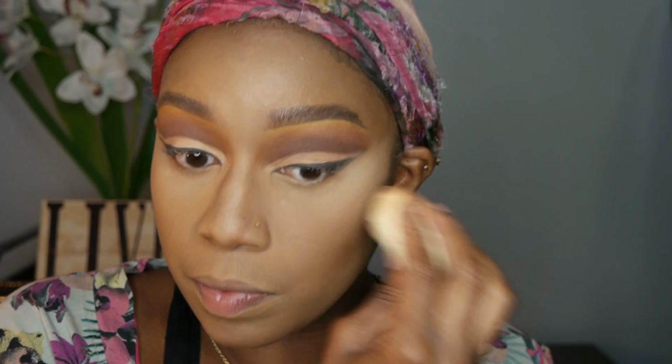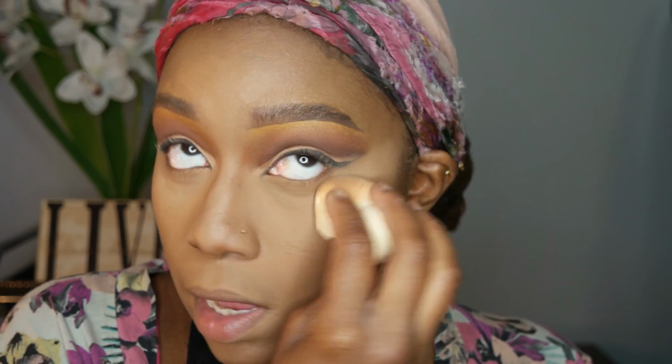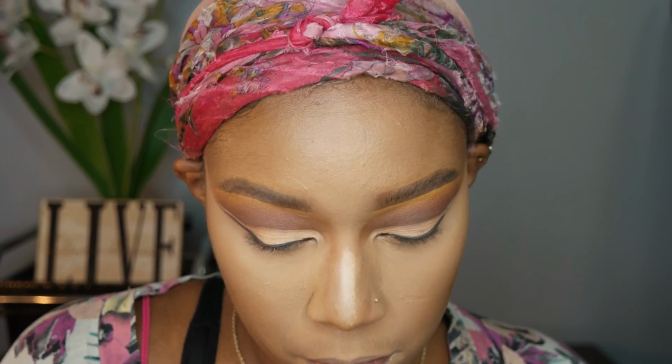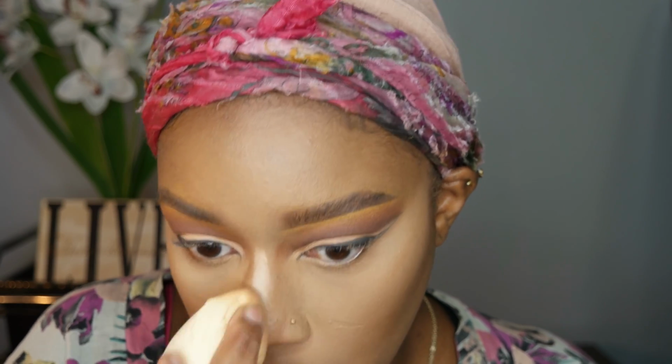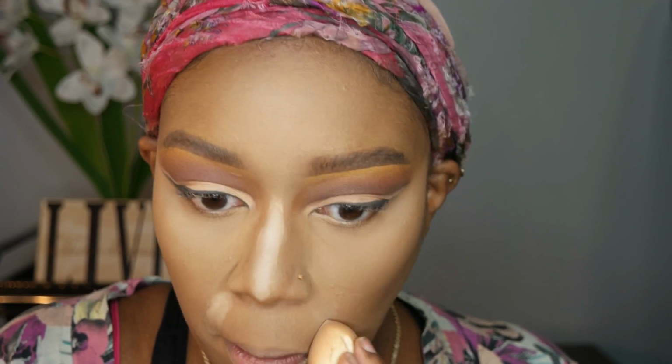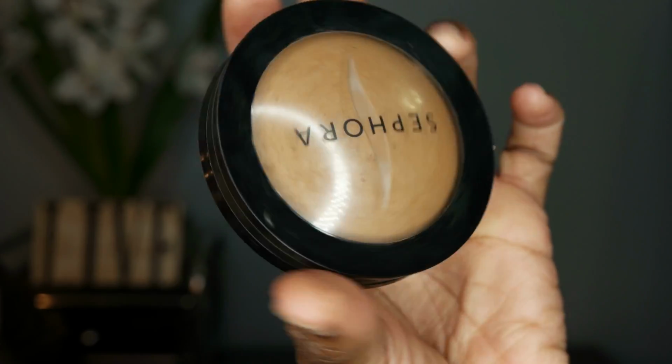I'm actually just gonna go down the bridge of the nose. In that area, I leave the powder a little bit longer just because I want that area to be pronounced, you see? As you can see, I'm doing that right now. That area can be pronounced, but I don't want under my eye looking like Casper, okay, period. So next, I'm gonna go ahead and set the rest of my